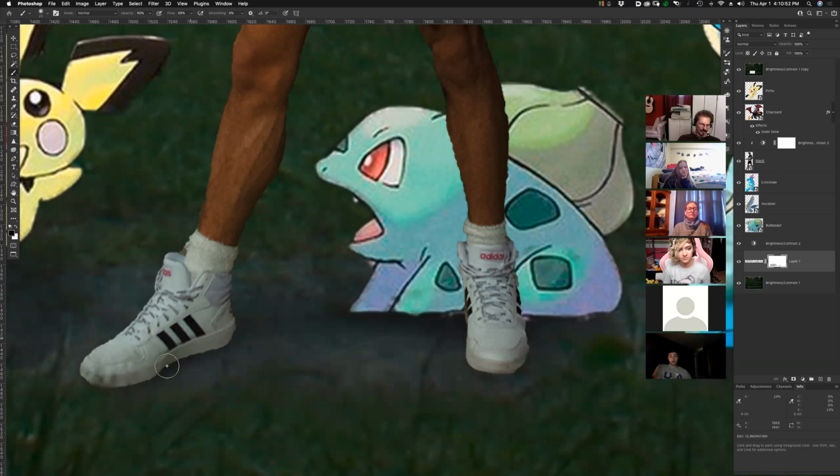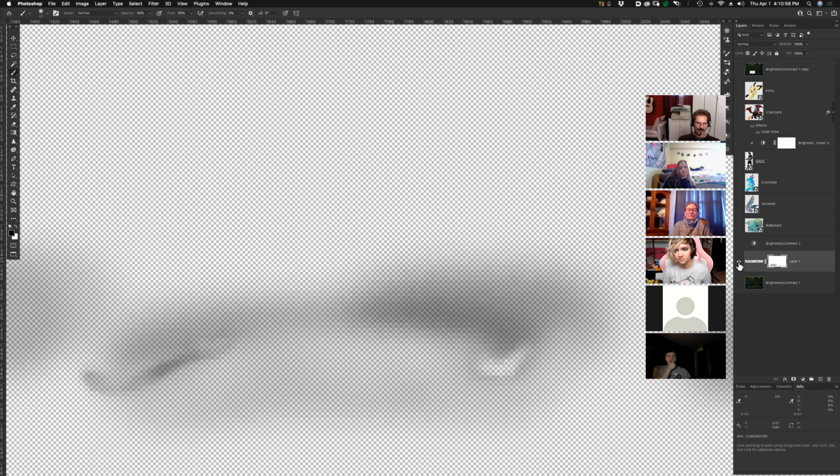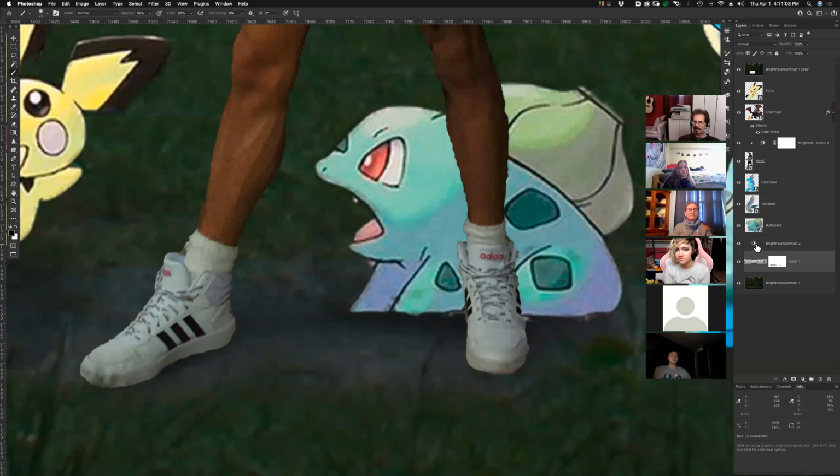I think this foot especially looks a little better. I'm still surprised that I'm not seeing, yeah, it's just not as strong. I painted there quite a bit and it's not coming through that strong. Tell you what I'm going to do. I'm going to